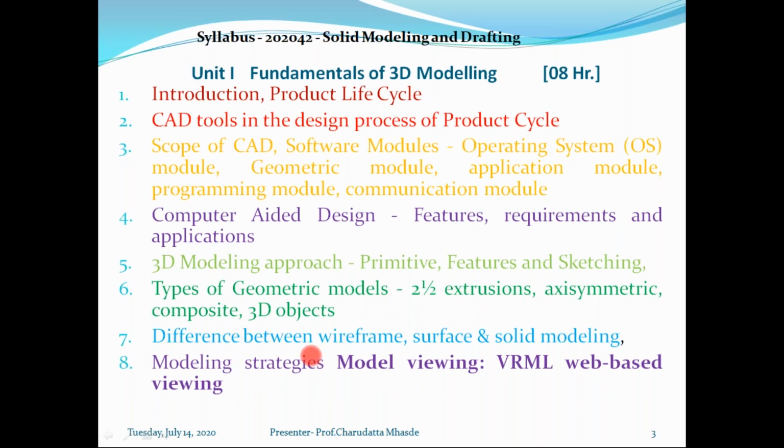In yesterday's lecture, we have seen the difference between wireframe modeling, surface modeling, and solid modeling. In wireframe modeling, if you remember, we use only lines and curves. In surface modeling, to create the model, we use surfaces. And in solid modeling, we use the primitives or basic structure solid. Their advantages and disadvantages in terms of analysis we already saw in yesterday's lecture. So today we'll be focusing on these modeling strategies also, how the modeling strategies are formed, and how it resembles professional life.